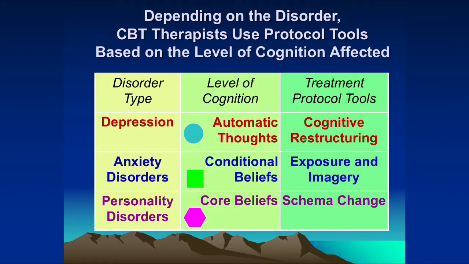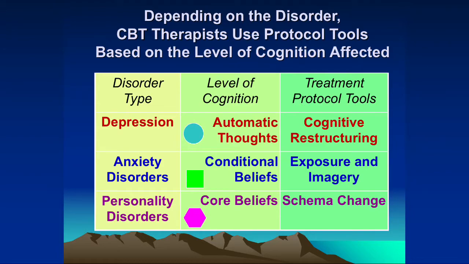So here is a mixture of positive and negative thoughts that people have in the core beliefs. These are just some examples that I wanted you to see the difference between these different levels. So this is the culmination slide of what it is that we just talked about. So in depression, we usually can just work from the level of cognitive thoughts, automatic thoughts, and we do a treatment method that's called cognitive restructuring. We'll be talking more about what cognitive restructuring is in another talk.